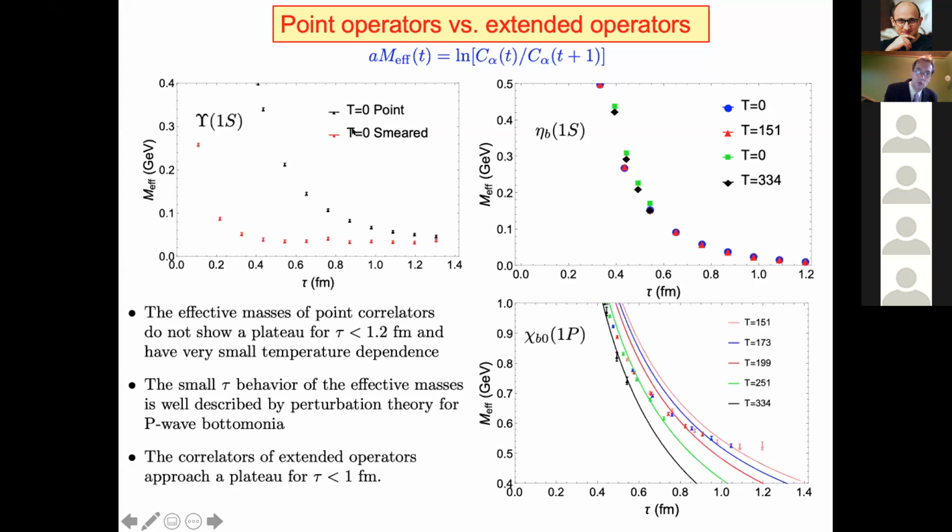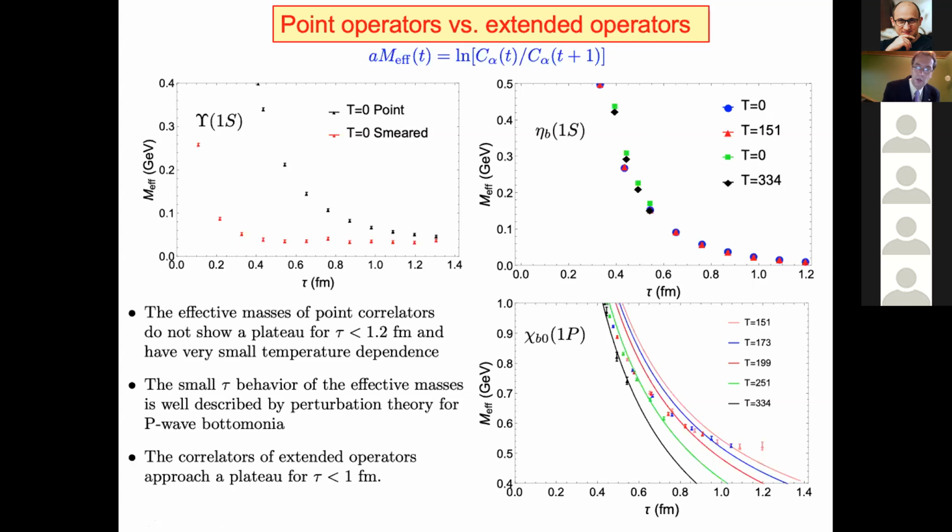But in fact, if you use point correlators, that doesn't happen for times smaller than 1.2 Fermi. If you use smeared operators, where you use a more realistic wave function, you could actually achieve a plateau in the effective mass for distances considerably smaller than 1 Fermi. Now, if you look at the corresponding effective masses calculated at finite temperature, there is not much temperature variation. You can go to the highest temperature and barely see any change in the exponential decay of the correlation function,